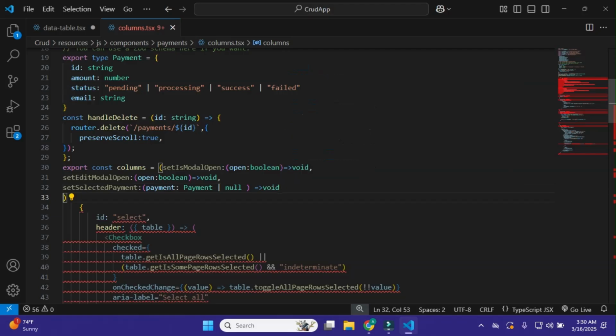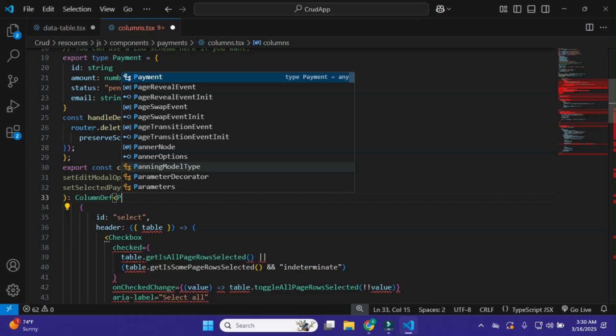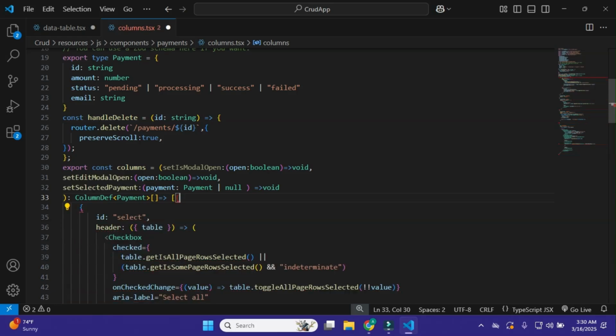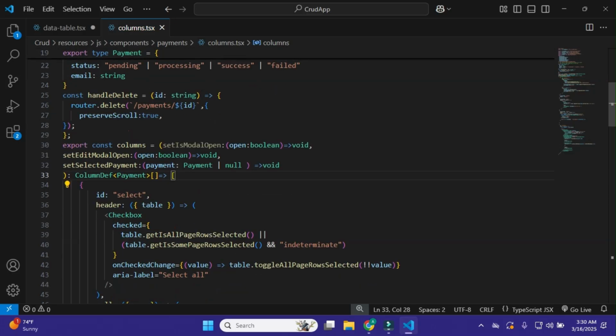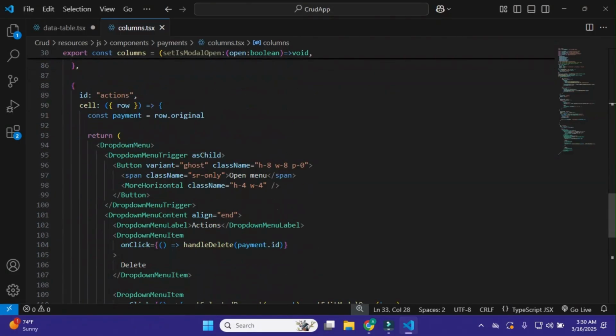Okay, and now just this, and after it just use here column payment, and just this, and after it just this. Okay, so we just need to do this in it, and now after it we need to